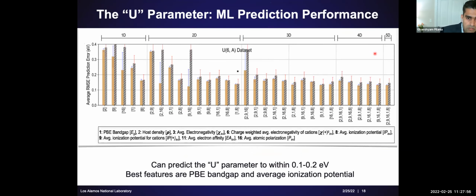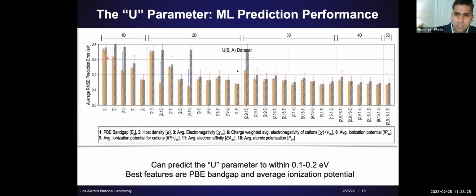So we use kernel ridge regression and all the top 5 features, and starting with the U parameter model here, we start building models. We take one feature at a time, then 2 of the top 5 features at a time, then 3, and so on. The last one is where we take all the 5 features in the model. And plotted here is our performance on training and test sets for each.